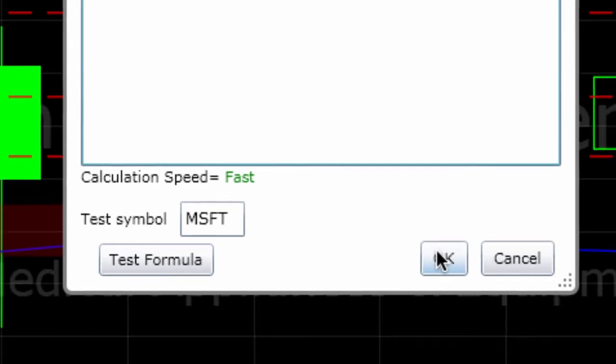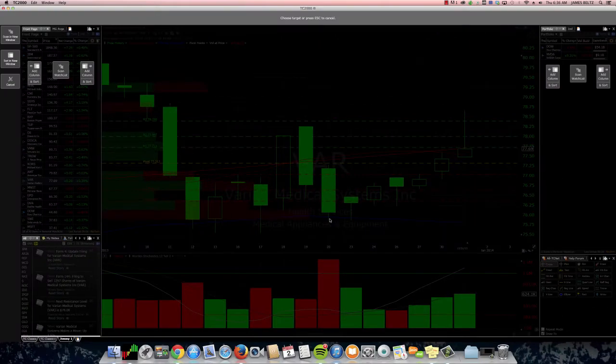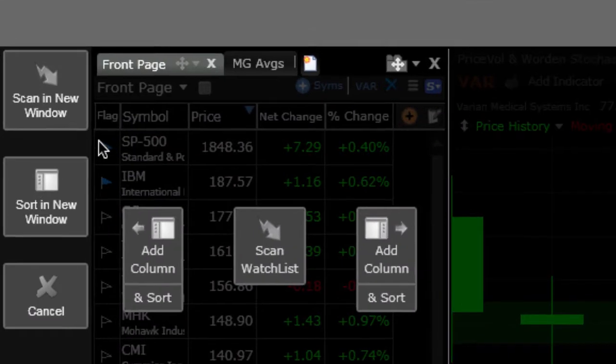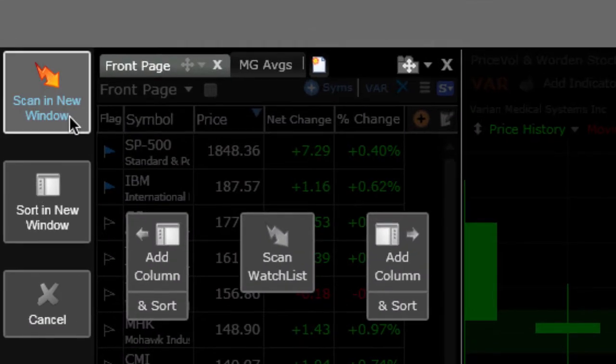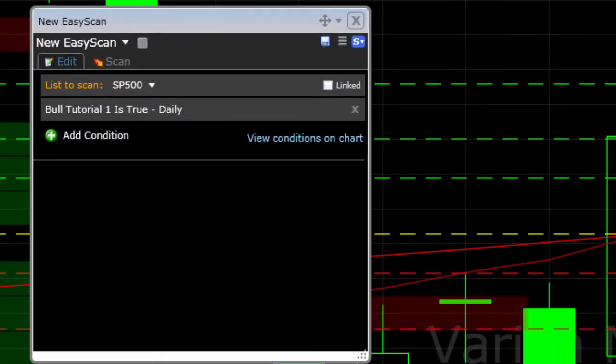I'm going to say OK. That bounces it to this screen. If you look at the upper left-hand corner, you'll see Scan in New Window. Click that. That pulls up the Easy Scan, and the first thing that we need to do is we need to change